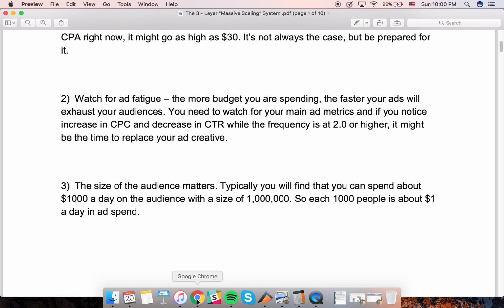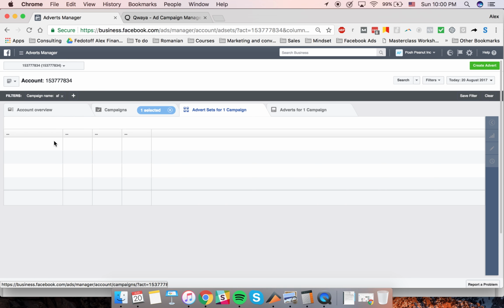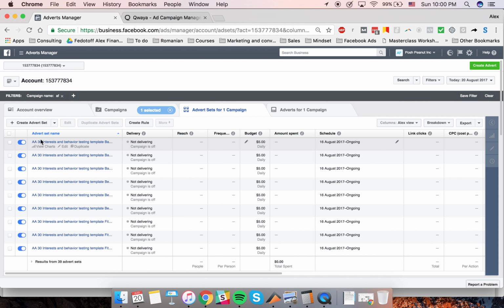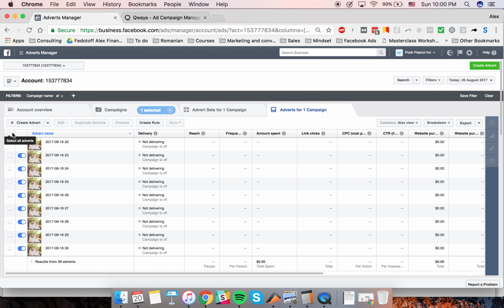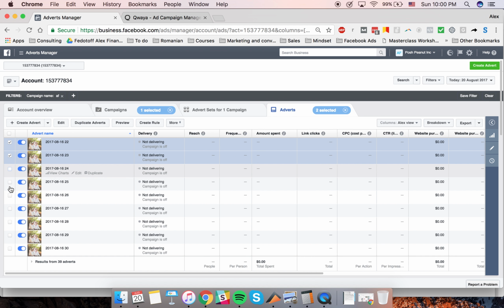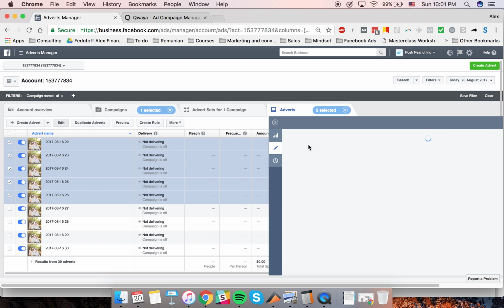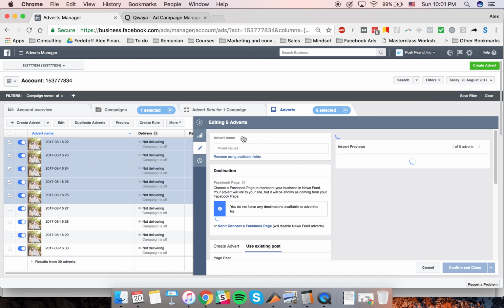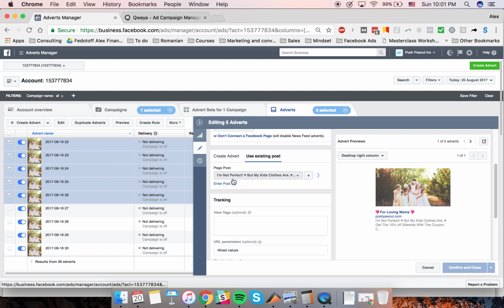So you would go to your campaign, and basically you would copy all of the adverts that you want to replace. I would recommend you start with at least just one or two just to start with,